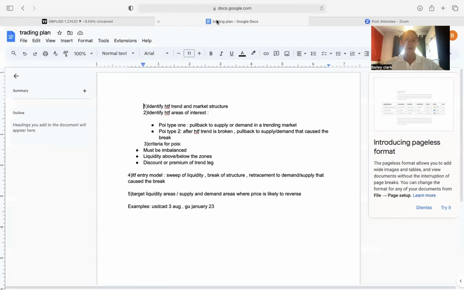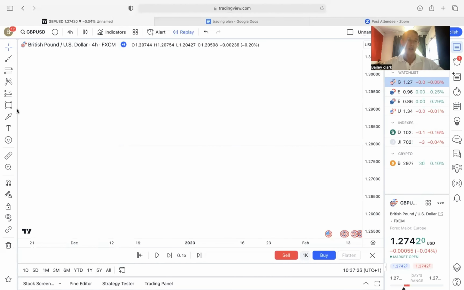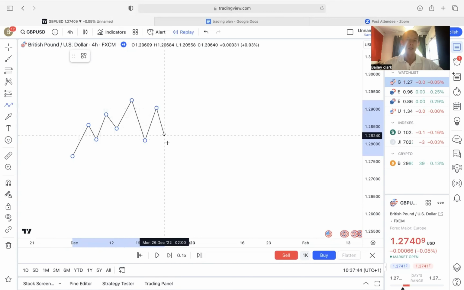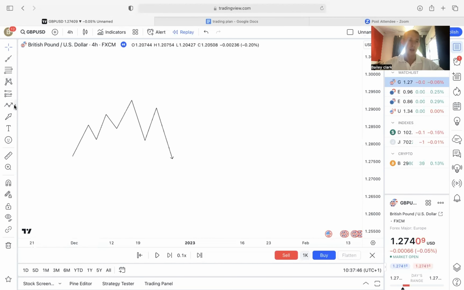POI type 2, like I mentioned, is when we actually have the higher time frame trend broken. So what we're going to be looking for in this scenario is, if we're looking at an uptrend, we have price printing higher lows and higher highs. We then break that trend like this. We clearly close below the most recent structural low, in this case a higher low, and then we wait for a retracement into an area of supply